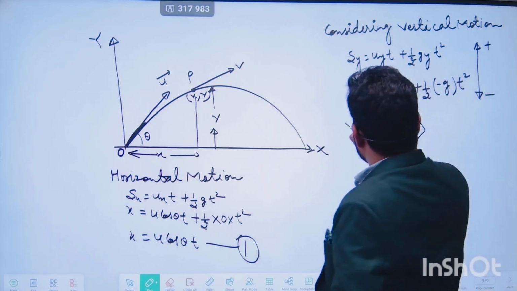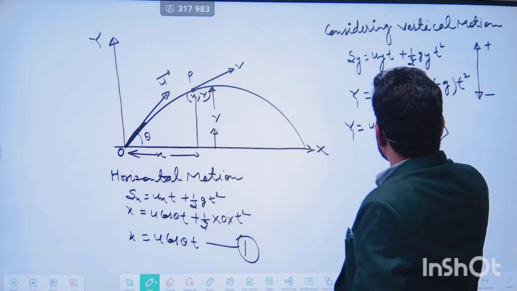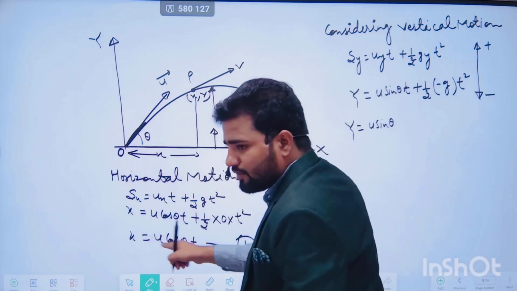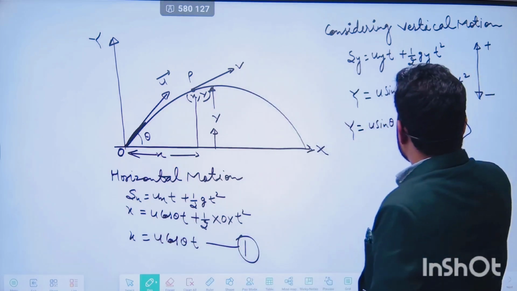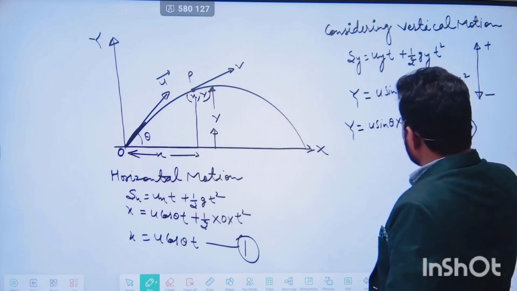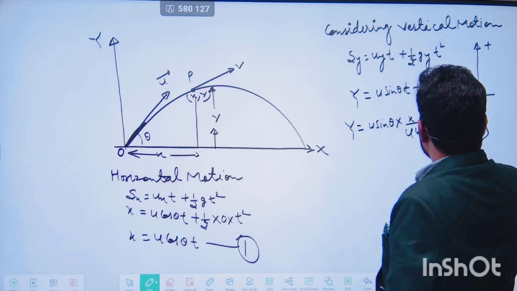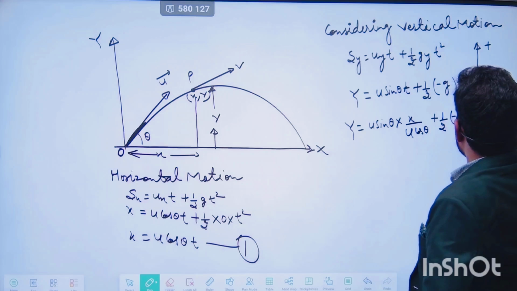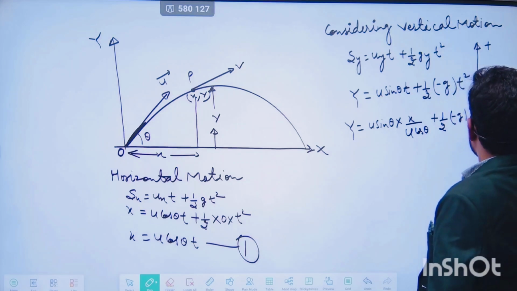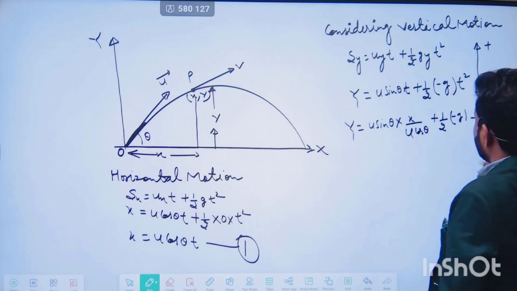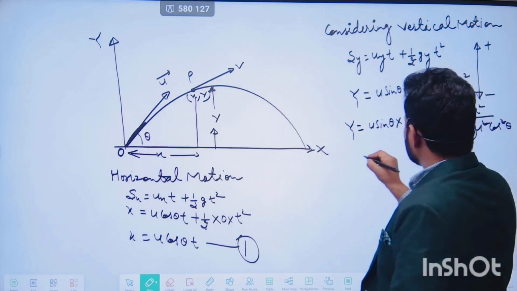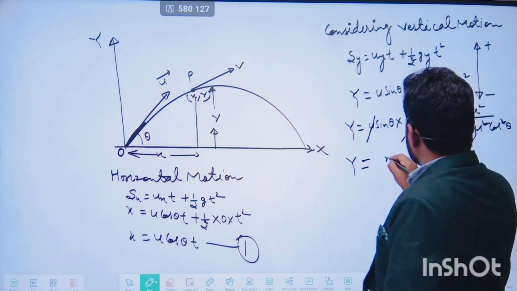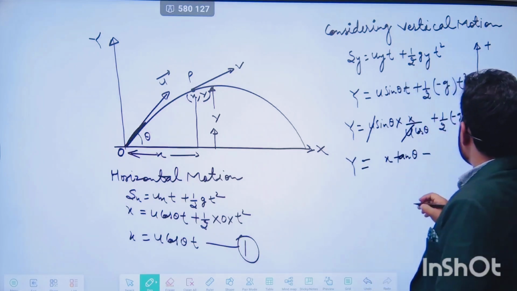So from here we will get y is equal to u sine theta into, if we take the value of time from equation number one, t is equal to x upon u cos theta, plus 1 by 2, and here minus g into x square by u square cos square theta. So on solving this, I'll get sin theta upon cos theta, that is equal to tan theta. u will be cancelled out. So y is equal to x tan theta minus, from here we'll get